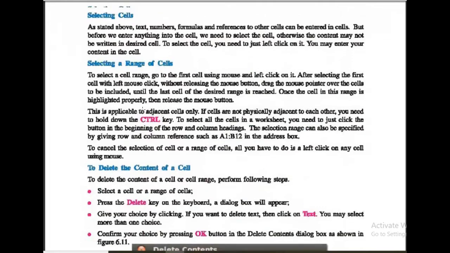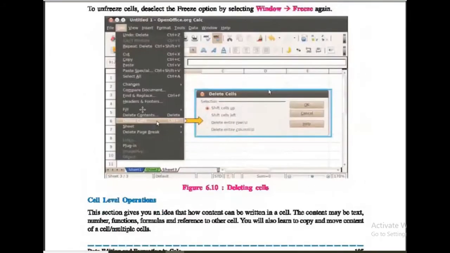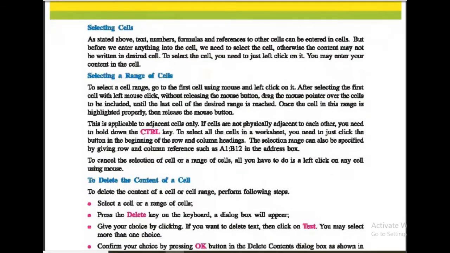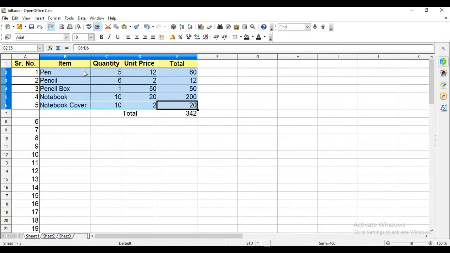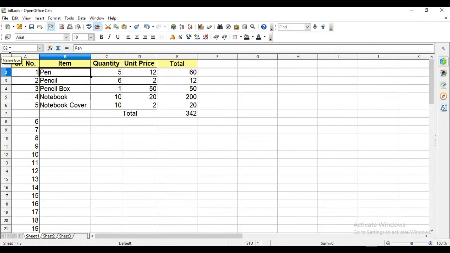Now cell level operations. First is we can select the cell. How to select? By clicking on a particular cell. And if we want to select more than one cell, we have to click and drag. When you select a single cell, it is showing in this name box that cell B2 is selected.